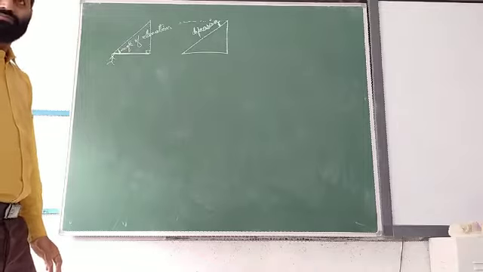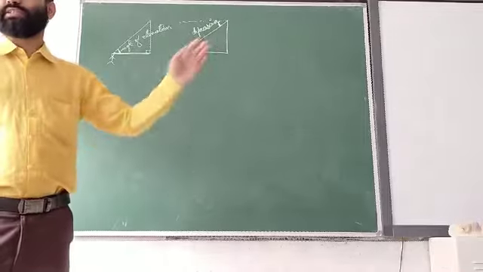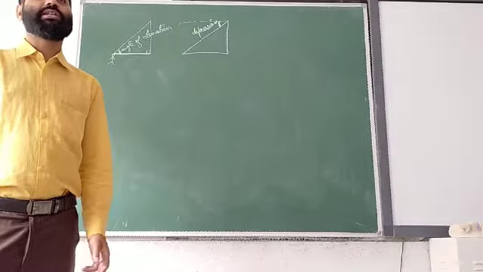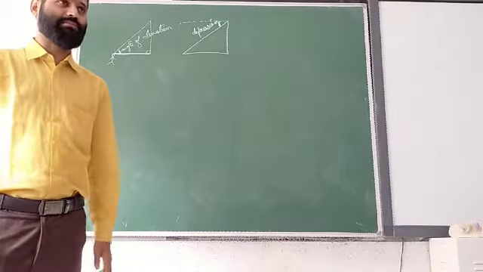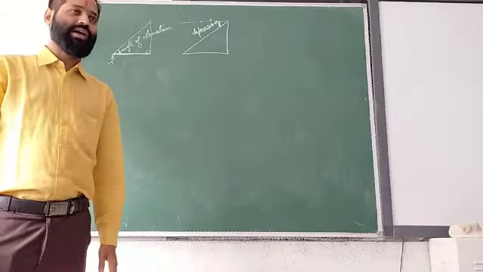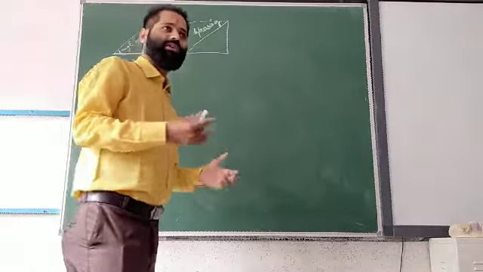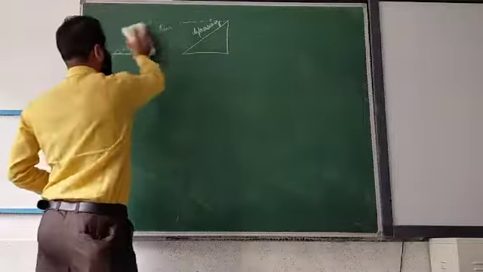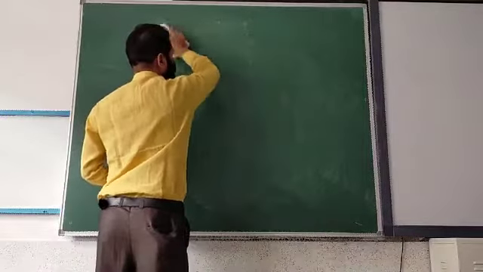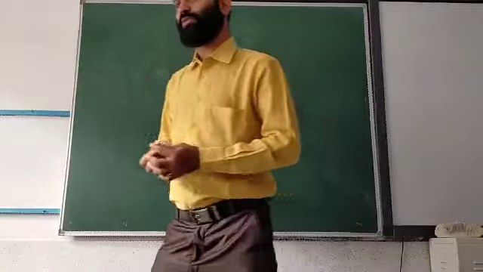Is it clear? Sometimes they may ask that an object is moving some distance and the angle decreases from 60 degree to 30 degree. This way they will mention. So you should know what is given and how we should draw the diagram. In this chapter, the main thing is the diagram. If you can draw the diagram, then only your answer will be correct. If your diagram is wrong, the whole answer will be wrong. Is it clear? Now in this chapter I will not wait for you, I will solve as soon as possible. Question number 1.